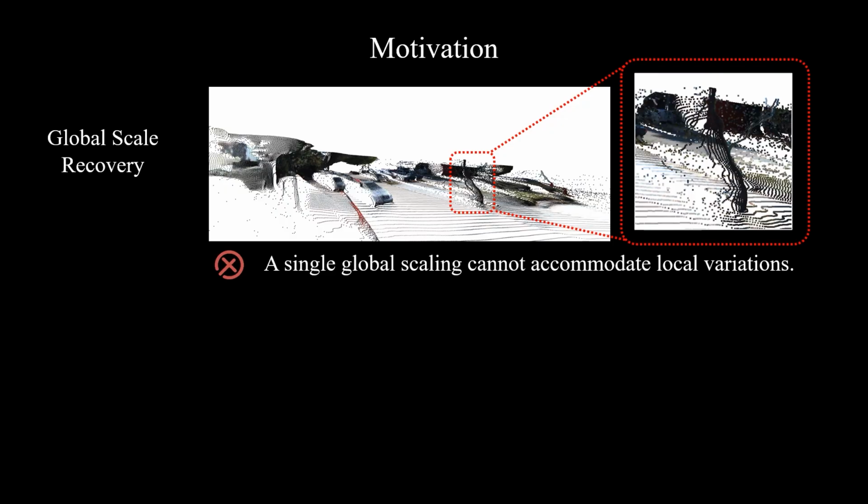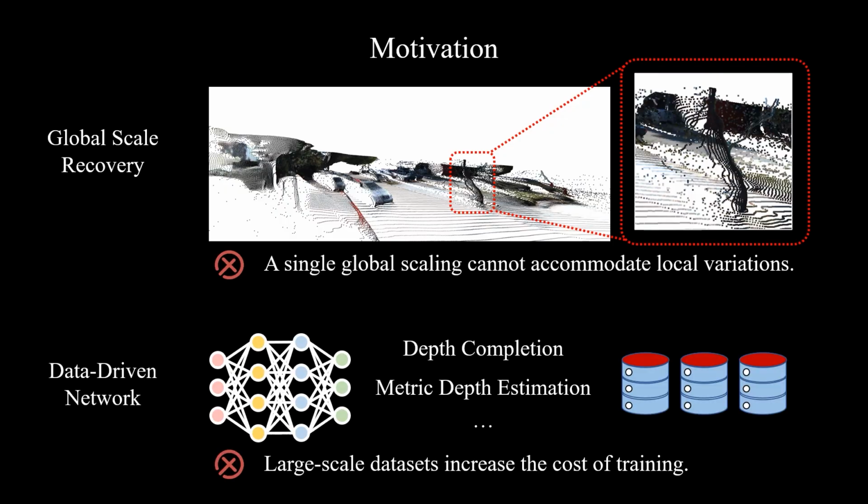Nevertheless, this solution often suffers from limited precision, as local regions may exhibit scale inconsistencies. Different instances or segments exhibit distinct scale ratios, and shift bias is utilized for recovering metric depth. Another line of research investigates incorporating captured 3D data into the depth completion or metric depth estimation framework via neural networks. However, these approaches are typically trained in domain-specific environments, which limits their ability to generalize across diverse scenes. Addressing this issue requires large-scale training datasets, which in turn significantly increase the cost and complexity of data collection.